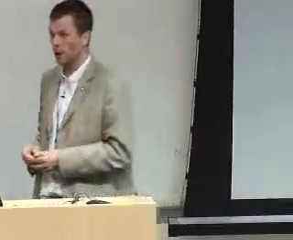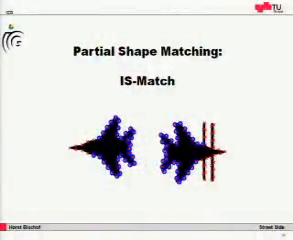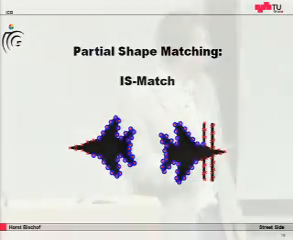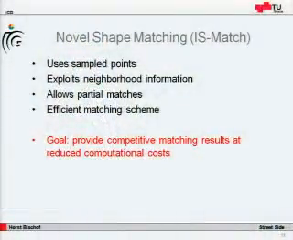So this is the goal we set up. What I will present to you is IS-Match, which can match this type of shapes, even if they are occluded, and give you perfect shape matching. So the IS-Match